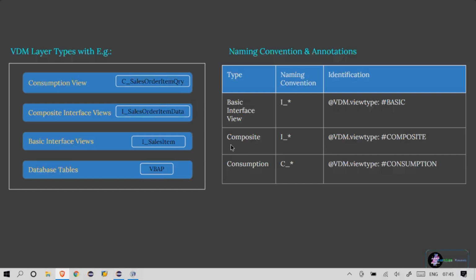If you are fetching information from different tables, mark it as a composite. And consumption, you have to mark as C underscore star. So this is the final one. We'll be exposing it to the user interface or different business applications. The final consumption view is the one that we are going to give to the user or to the developer who wants to consume this.